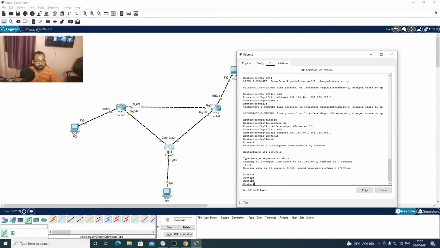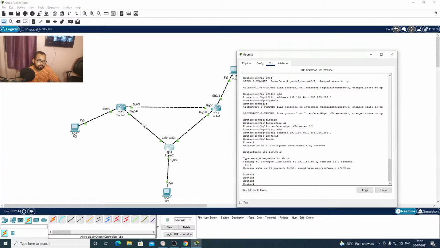Suppose we want to make communication between PC3 and PC1. We need to take all the traffic of PC3 to the next router 0.